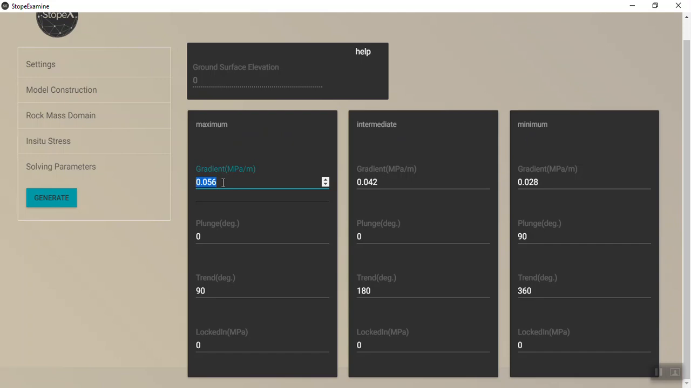So that way FLAC 3D can work out what stress is at any depth if you put this sort of gradient in. You can also enter plunge and trend, the orientation of each of these principal stresses, and the locked in stress is the stress value at a free surface. So at your topography elevation, what should my stress in megapascals be? If I wanted it for some reason to start at 5, I would just enter 5 megapascals here. But in this case, I'm going to start everything at 0, and I'm going to leave all these values as